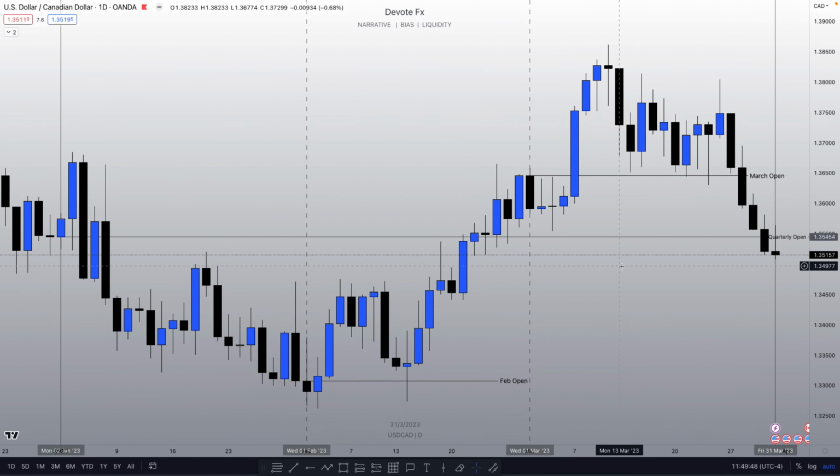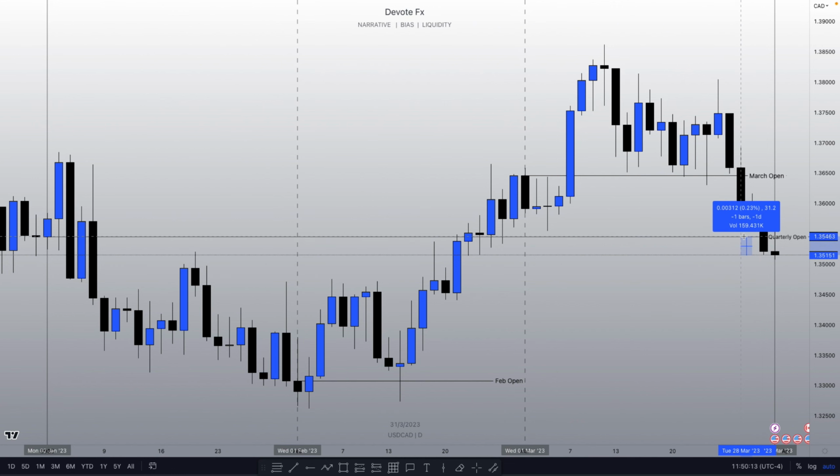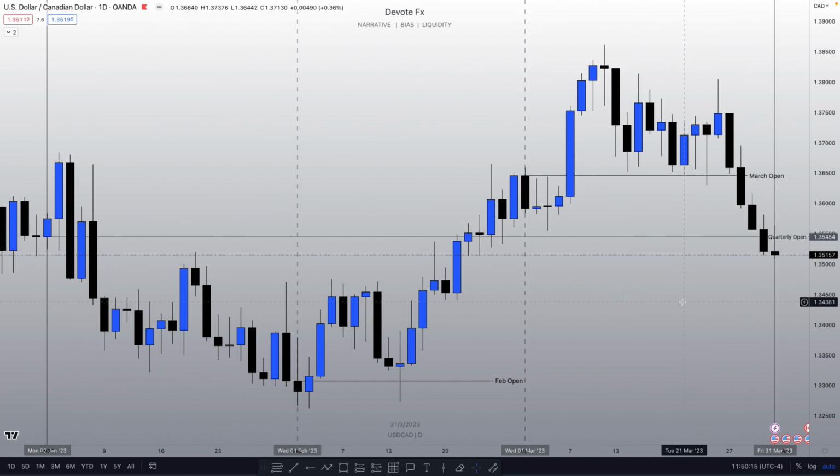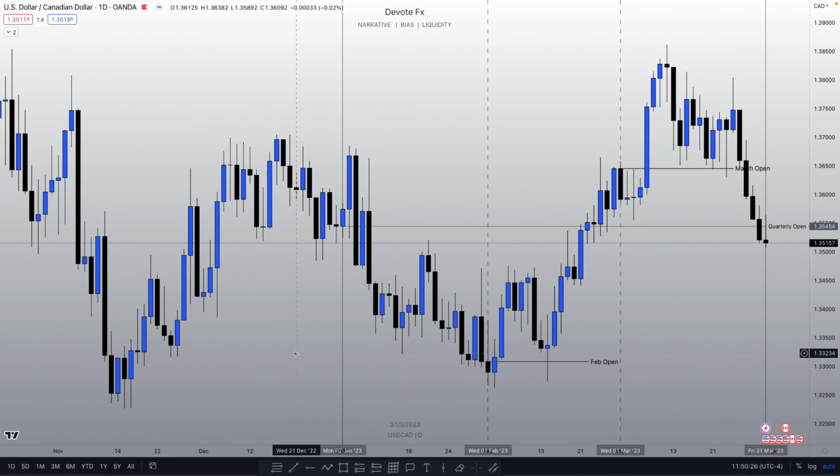UCAD, really not even going to go into too in depth with the 4 hour. Probably not going to do the 4 hour. Look at the relative open and close of the quarterly candle, quarterly open. Here, quarterly close is 30 pips away. Incredibly small range for UCAD. But take out forms of buy side, run lower into equal lows,